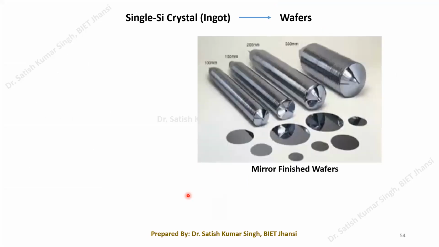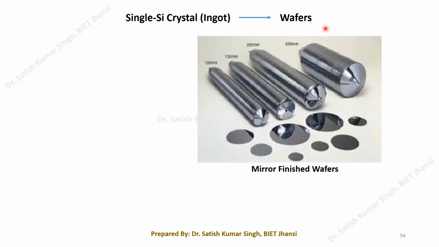So basically, we have already seen how to grow the single silicon crystal. After obtaining the single silicon crystal, our next task is to convert this particular crystal ingot into wafer form so that the ICs can be fabricated, different devices can be fabricated on the wafers. Fine. So to do that, there are several steps that we have to go through, that we have to look at, what are the different steps.